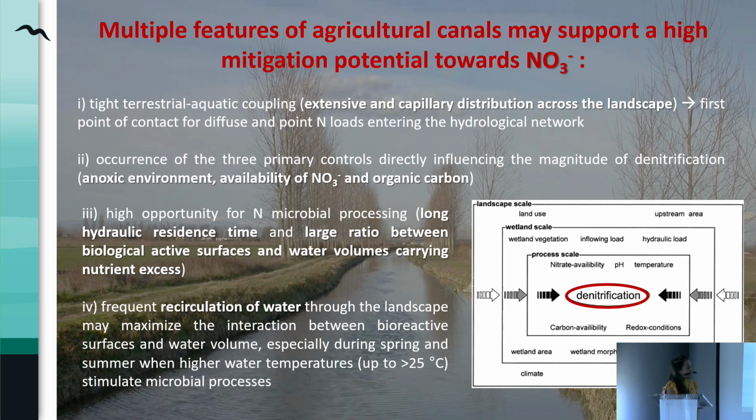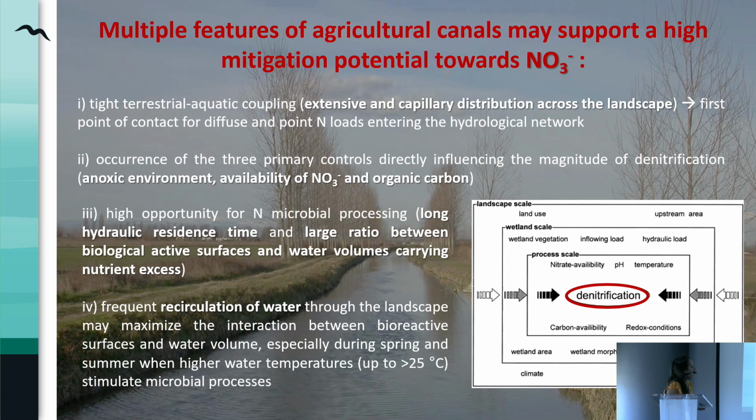And a particularly important point is the occurrence of three primary controls directly affecting the magnitude of the microbial process that removes nitrate, the denitrification: the presence of an anoxic environment, the availability of nitrate and the availability of organic carbon. And then another feature, for example, the high opportunity for nitrogen microbial processing because the residence